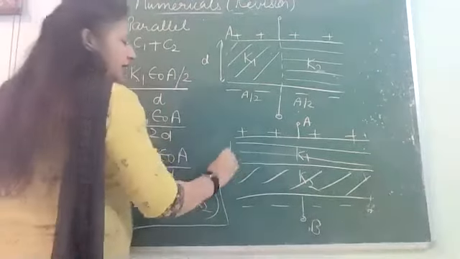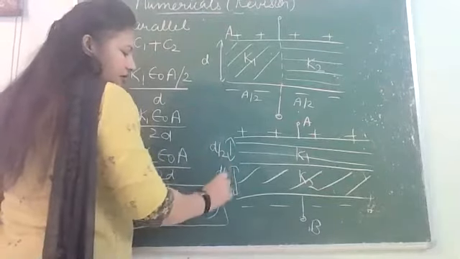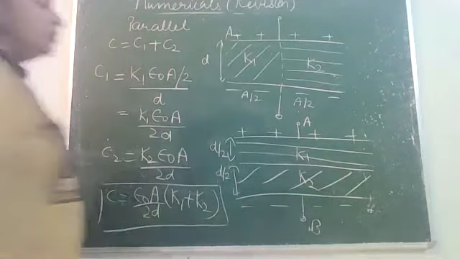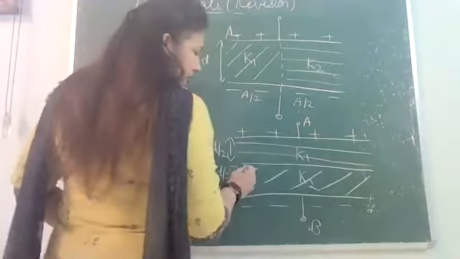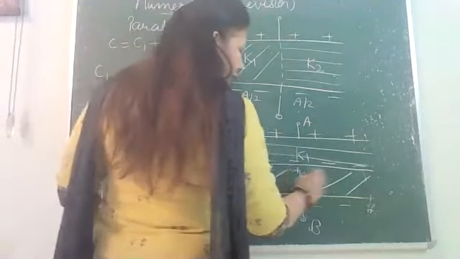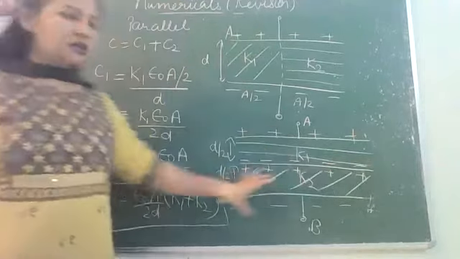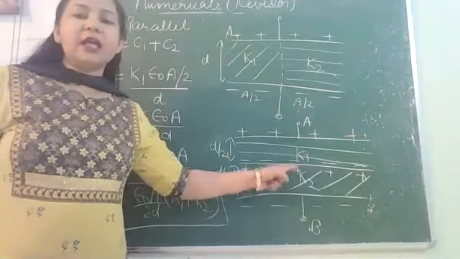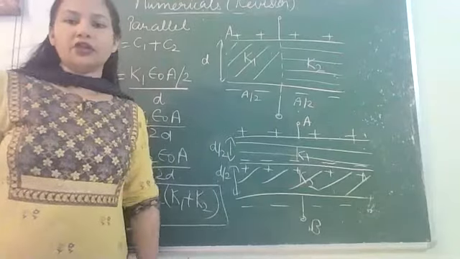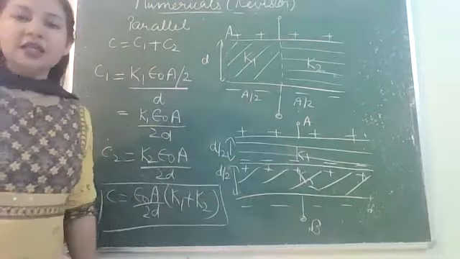See how we can do this. In this case you can see D gets divided. Area is same but D gets divided, because it's filling the space half. So this is neutral. We can imagine negative here and positive here, it won't make any difference. So we can imagine two parallel plate capacitors with positive of one connected to negative of the other. That means they are connected in series combination, one after the other. So this combination is equivalent to series combination.